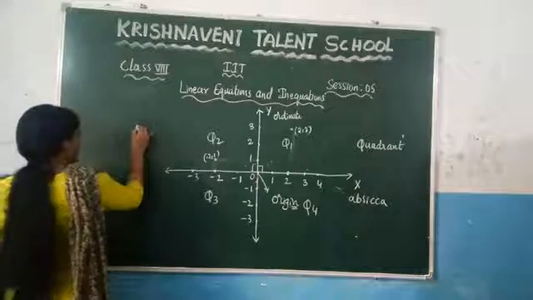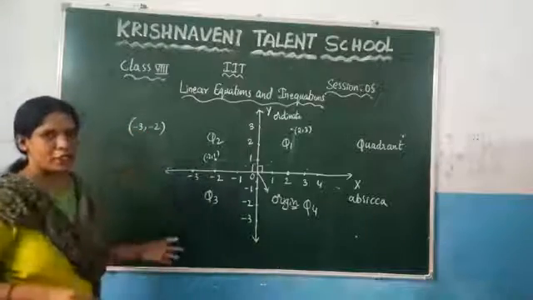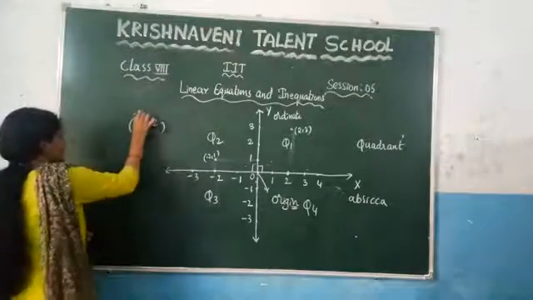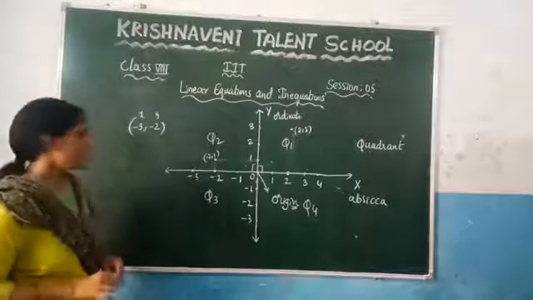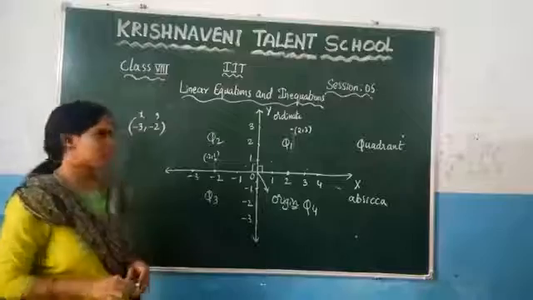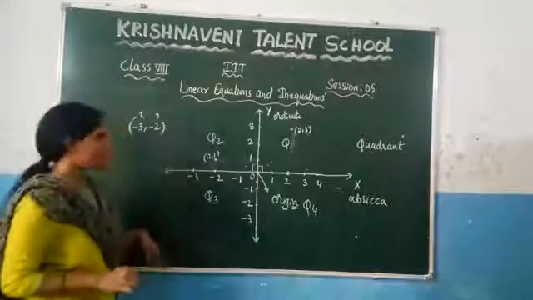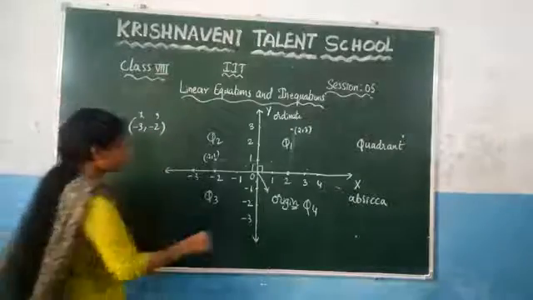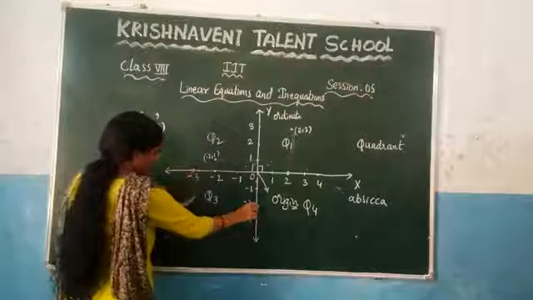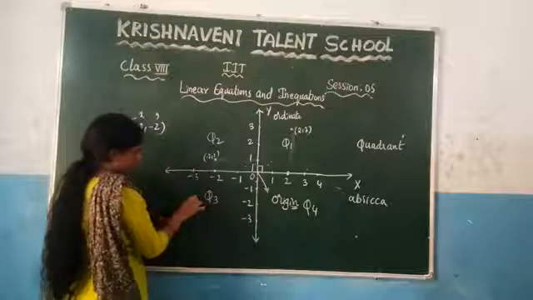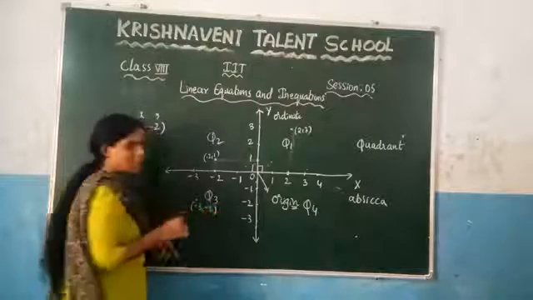Take here -3, -2. If you want to locate this point, again, what is the x-axis point, which is -3, and what is the y-axis point, which is -2. Now go in here: on the x-axis, where is -3? This is -3. And on the y-axis, where is -2? This is -2. Right? Now where these 2 points intersect, you can observe that if you go like this, these 2 points will intersect at this point. This is nothing but -3, -2.